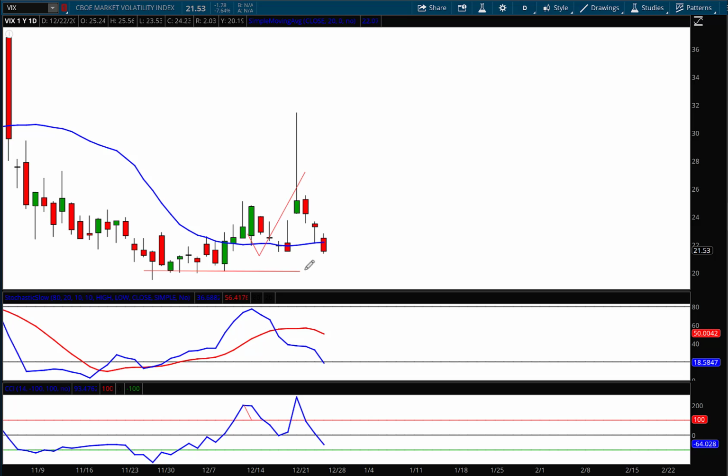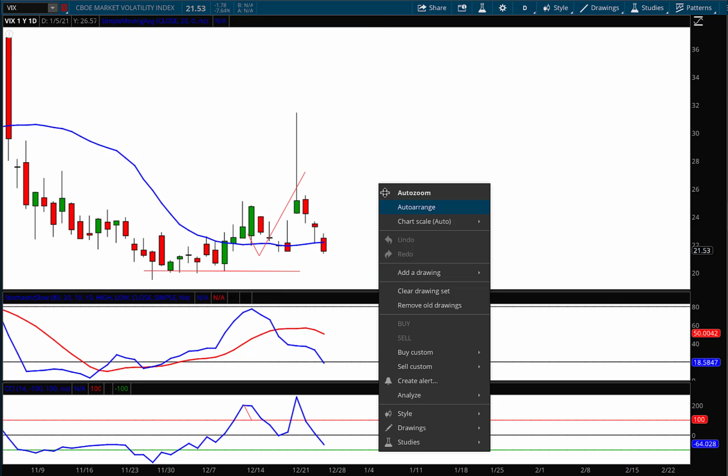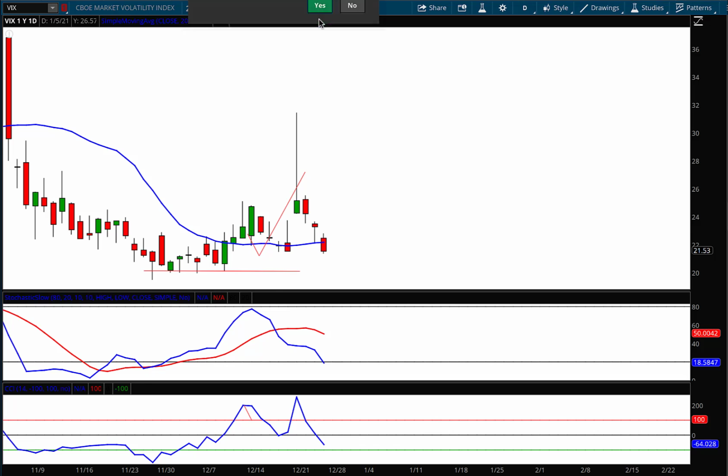Well, we still have a support level down here that I think will be tested. And there's a couple of other signals that tell me that the VIX could drop just a little bit. And I'll show you that in a moment. But first, let me redraw that line to show you. I don't have to take the exact lows. I'm more or less taking the average of those lows, projecting out, and that's how I draw a flat line